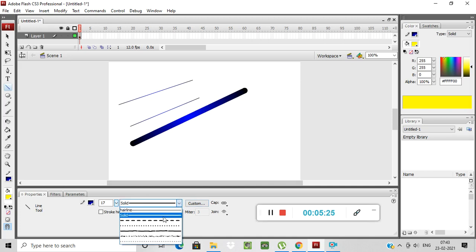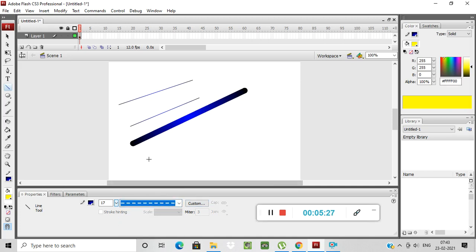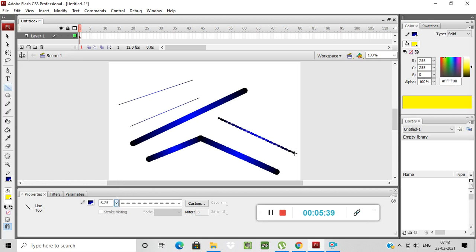Next you can draw a dash line like this. Okay, and by decreasing the size of the line, you will be able to see the dash over here. See, okay, like this. Next you have another dotted line over here.